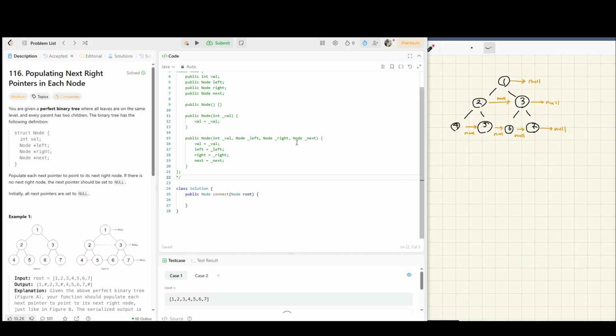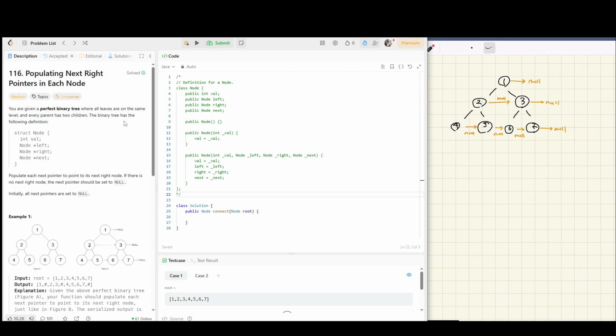Okay, let's do problem 116, populating next right pointers in each node. So here we're given a perfect binary tree where all the leaves are on the same level and every parent has 2 children. And if you look at the definition of node, we have our usual value and 2 pointers to the